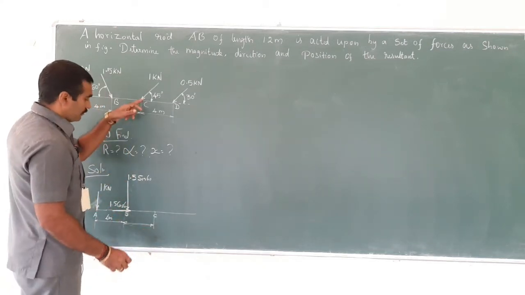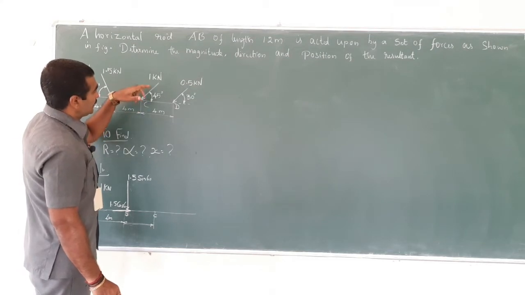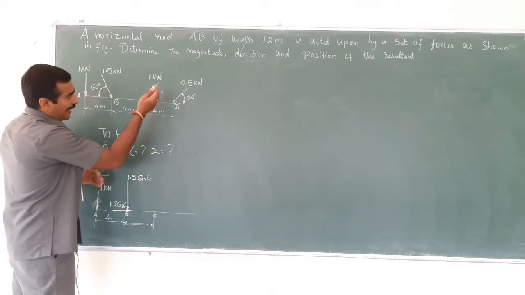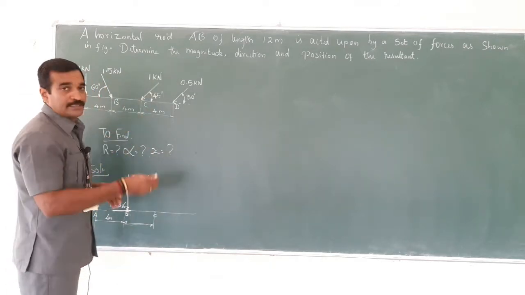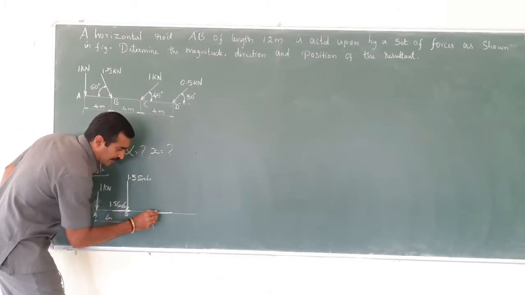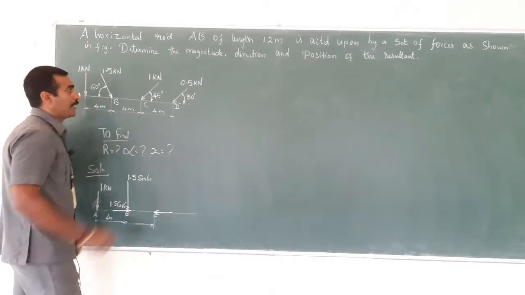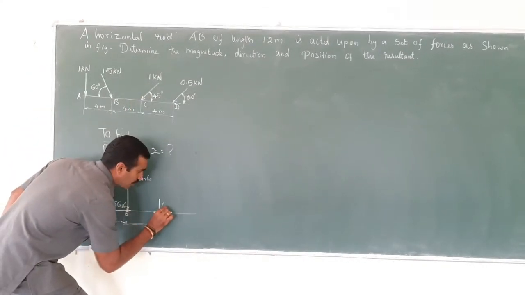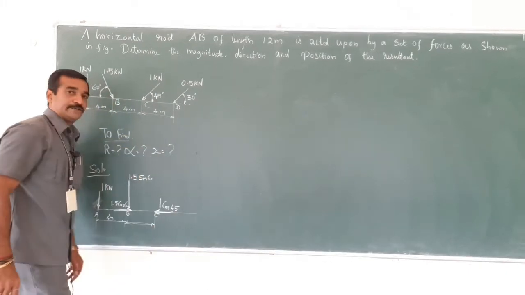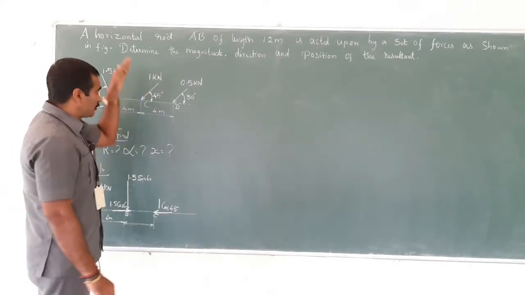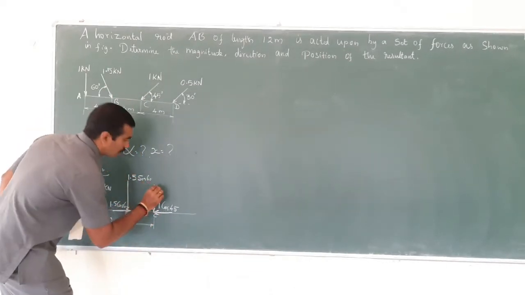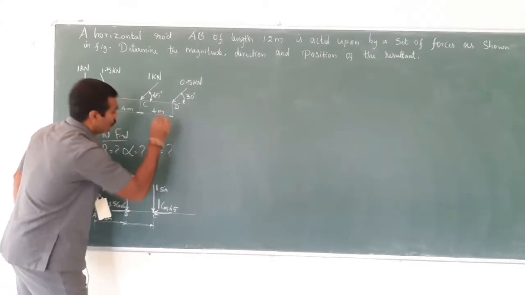Then the third point, that is C, which is 4 meter away from point B, which has a force which is inclined at an angle of 45 degree of magnitude 1 kilonewton, which is acting in this direction. So, its nearest horizontal could be towards negative x direction. It could be in this way. And its magnitude can be 1 cos 45 degree. And its nearest vertical component could be vertically downwards, and its magnitude is 1 sine 45.